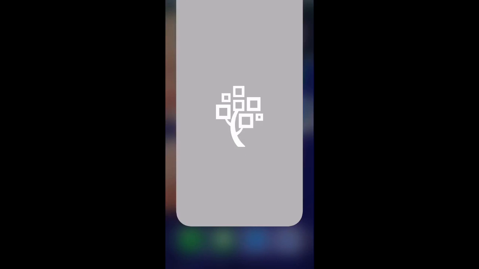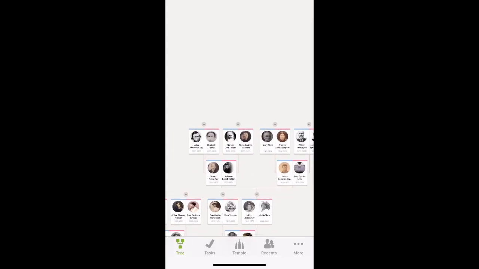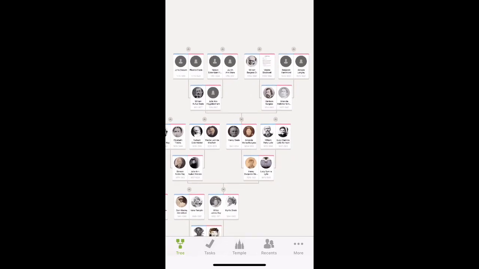Hey guys, here's one of my favorite things to do to get to know my ancestors. I go ahead and click on the Family Tree app and open it up and expand my tree to several generations. One thing you can do is find an ancestor that you don't know very much about and click on